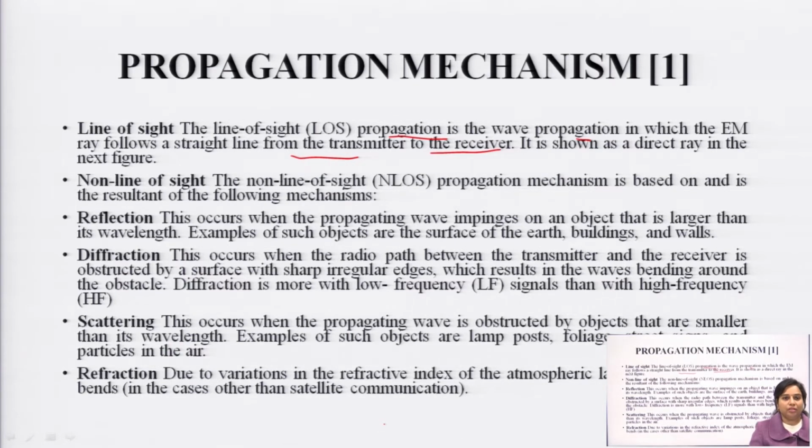Line of sight means there is no intermediate hop between the transmitter and receiver. Noise will be there whether it is line of sight or not. The signal travels from the transmitter to the receiver directly. You can directly visualize the path between the transmitter and the receiver, and that is known as line of sight. There is no tree, no building, and no intermediate node between the transmitter and receiver.